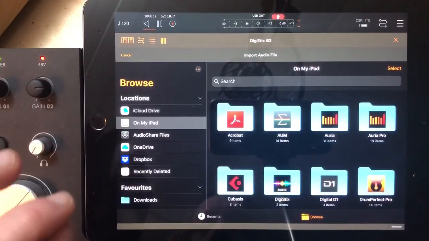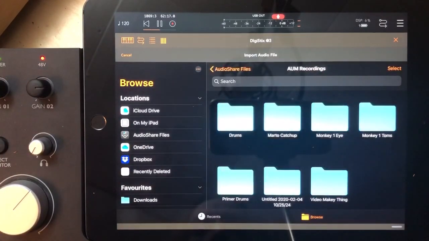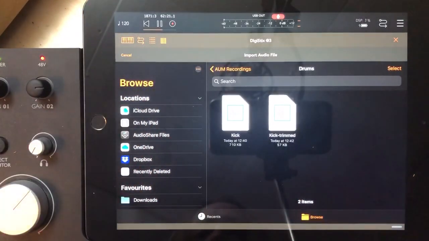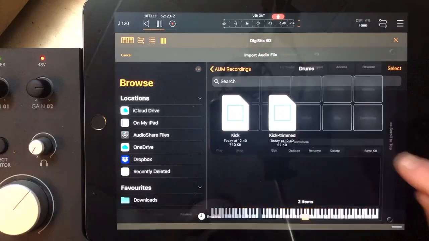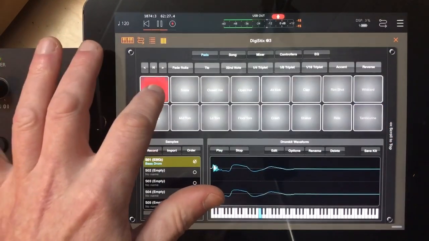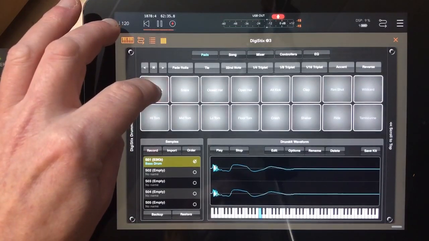import sample, on my iPad, audio share files, AUM recordings, drums, kick trimmed, sample imported successfully. Right, okay. Now if I remember rightly, you have to also